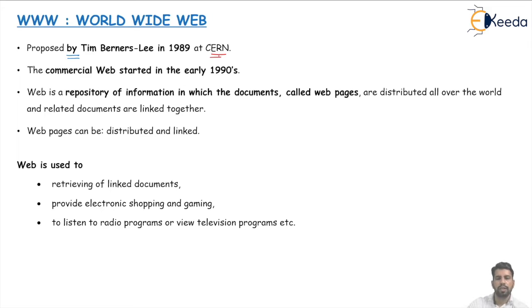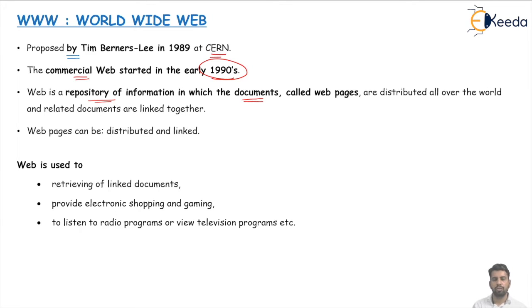1989, but the commercial web started in 1990. Here we have the web today, and the web we are using is a repository of information in which the documents present in the web are called web pages. When you are browsing or going through any website,